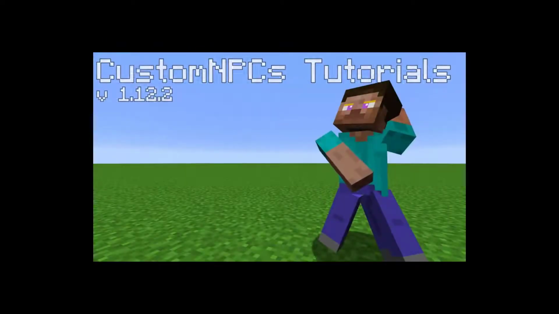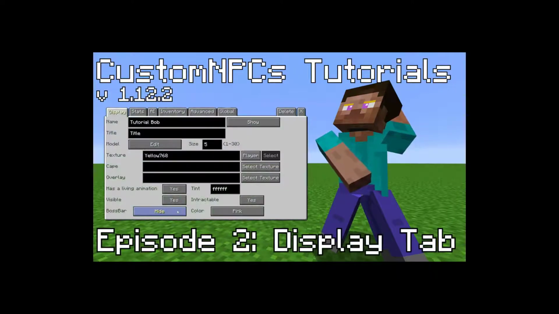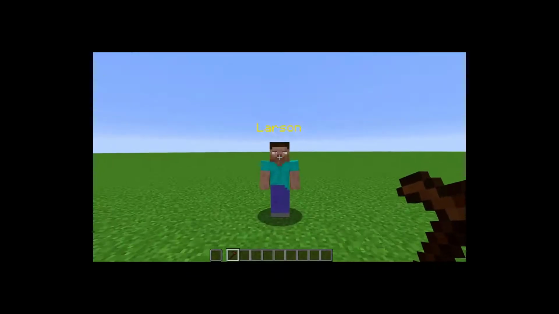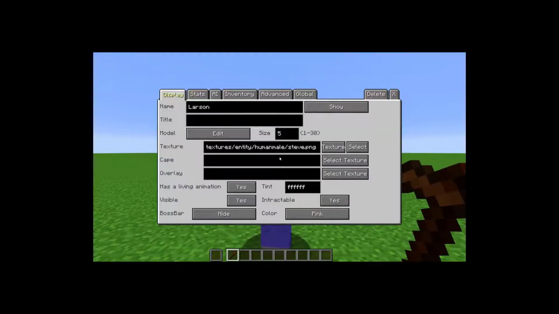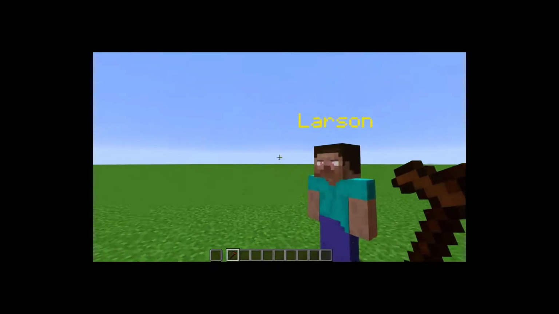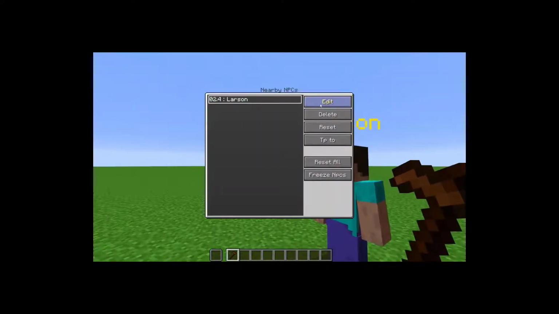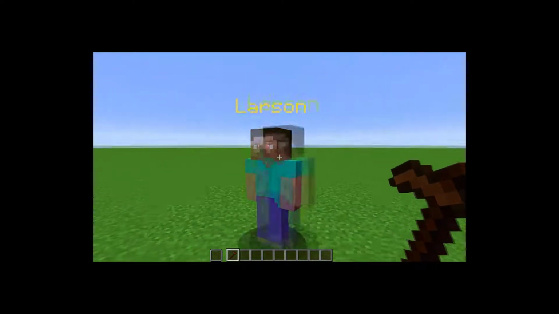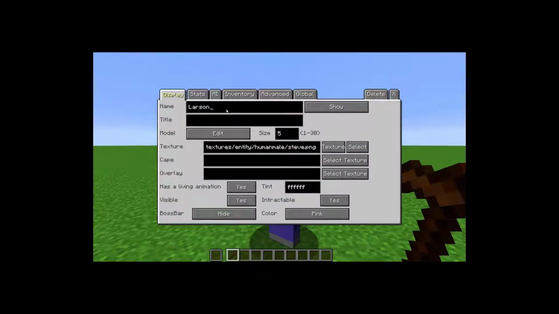Welcome back to the Custom NPC tutorial series. In this episode, we will be going over the display tab in the NPC editor. First off, right-click the NPC with the NPC wand to bring up the editor, or select and edit the NPC while viewing surrounding NPCs. At the top here, you can type in a name for the NPC,